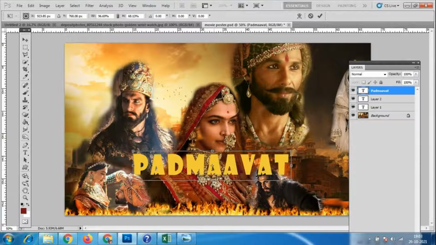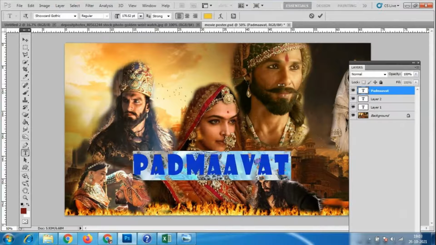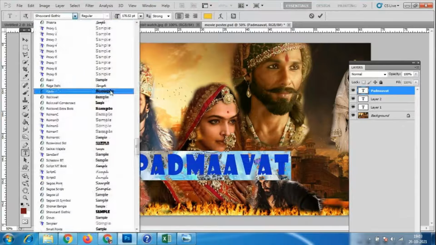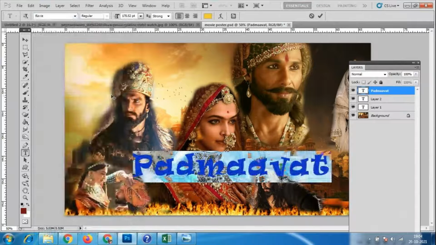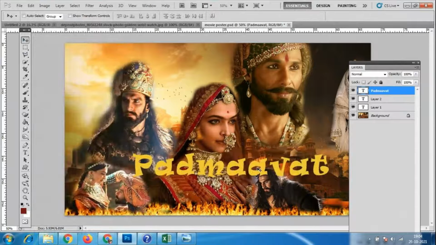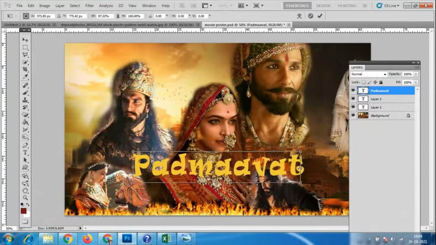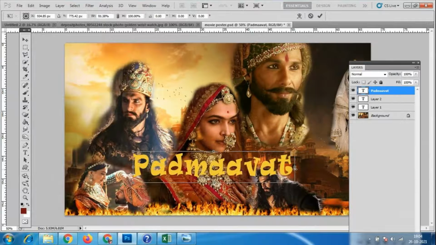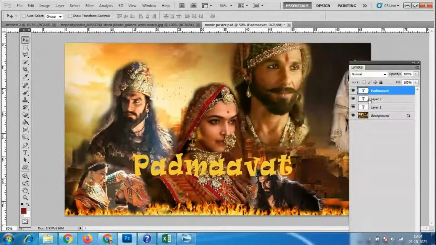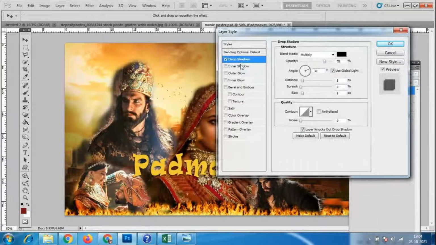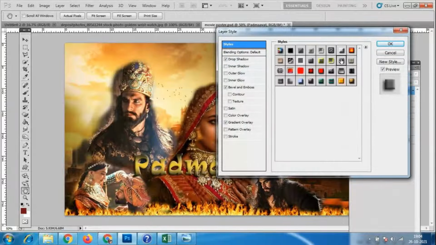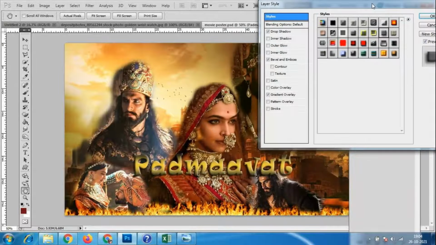With the different text, let us see what text they used in the movie. We're not able to match with that text. Okay, something like that I'll give like this. Then blending options, in that drop shadow, or any of the style options which match this.